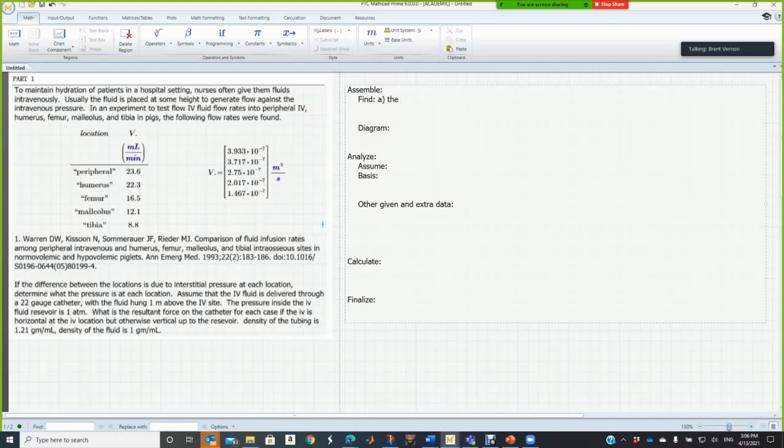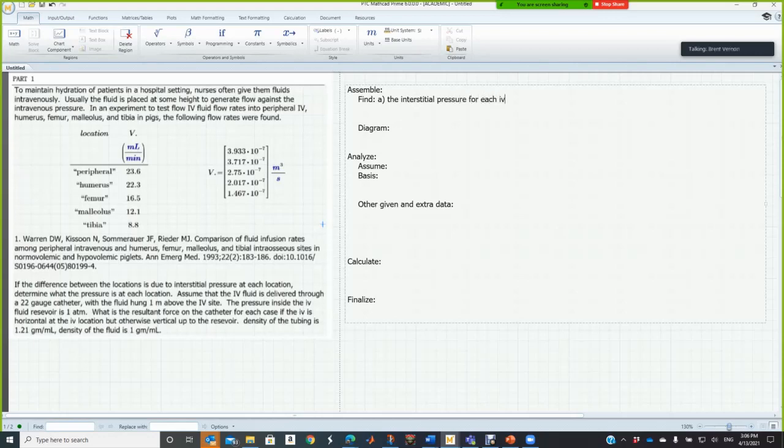Depending on which vein or which location, there's a different flow rate from this bag hanging at the same height, and by being able to measure that flow rate, they're asking us to determine what the pressure is, the interstitial pressure